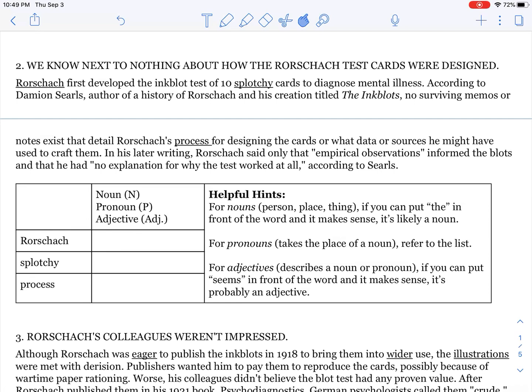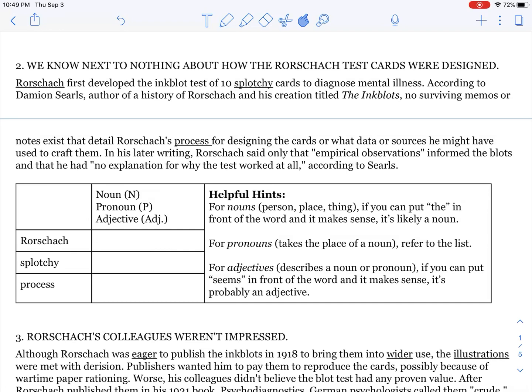It says, we know next to nothing about how the Rorschach test cards were designed. It says, Rorschach first developed the inkblot test of 10 splotchy cards to diagnose mental illness. According to Damien Searles, author of History of Rorschach, in his creation titled The Inkblots, no surviving memos or notes exist that detail Rorschach's process for designing the cards or what data or sources he might have used to craft them. All right, so let's take a look at